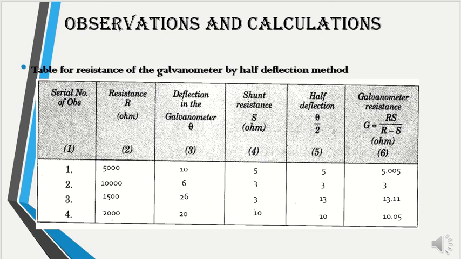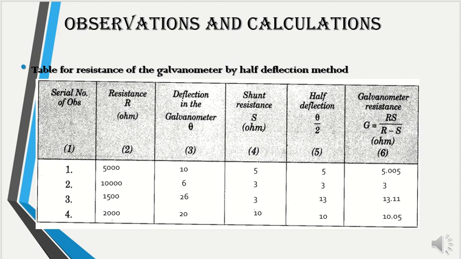So while taking the value 5000 ohm, we got the deflection 10, and the shunt resistance we have put as 5. Half deflection, theta by 2, is 10 by 2, which equals 5. By calculating using this formula, we have calculated the galvanometer resistance as 5.005. So for different values we have used a different